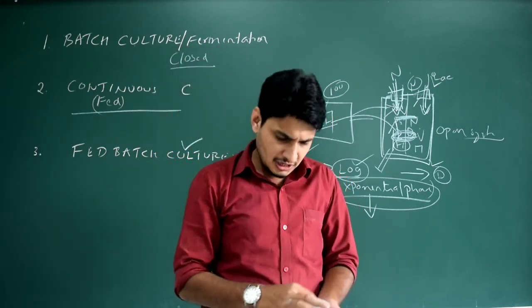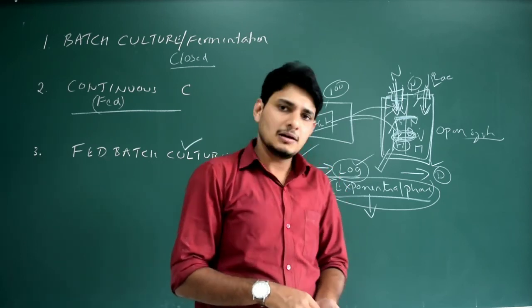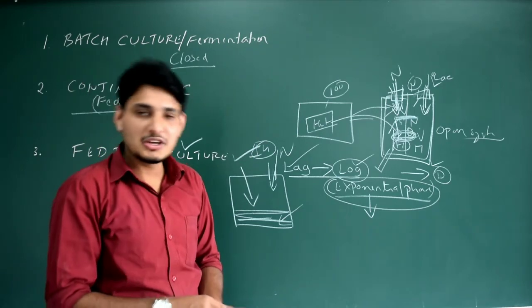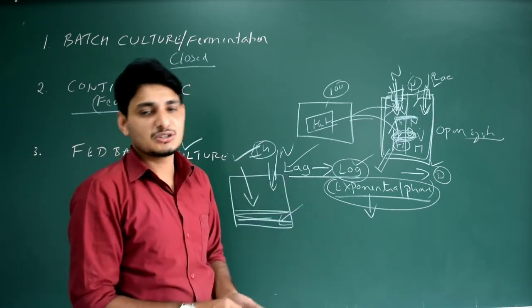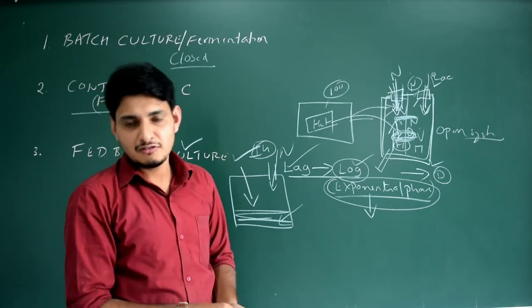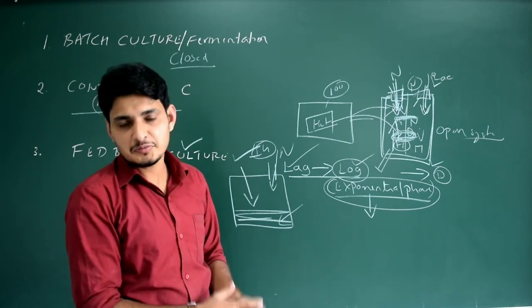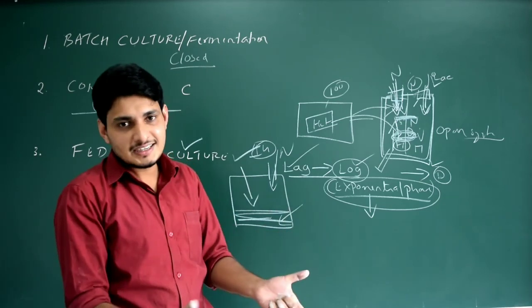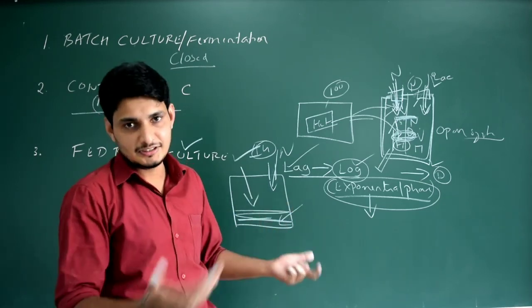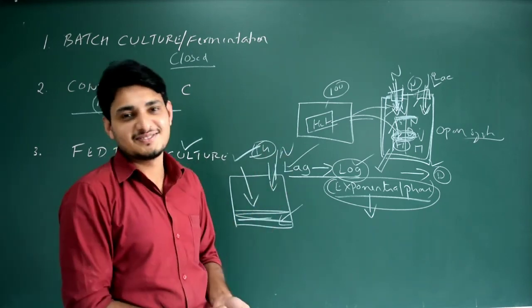So this is all about the different types of culture methods used in bioreactors for recombinant DNA technology. Even in the production of wine or alcoholic beverages, obviously the same fermenters or bioreactors are used. It is another application of bioreactors because wine obviously requires fermentation by a specific type of microorganism. So we need to facilitate the growth of that particular microorganism in a large vessel, to get more wine done. Thank you.